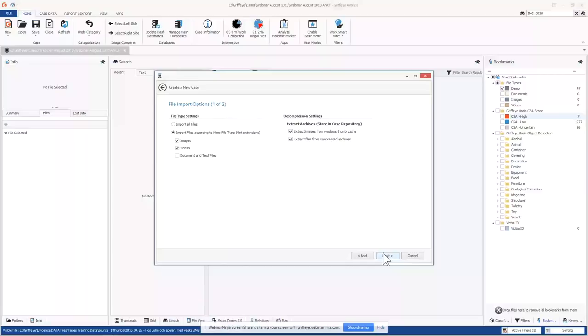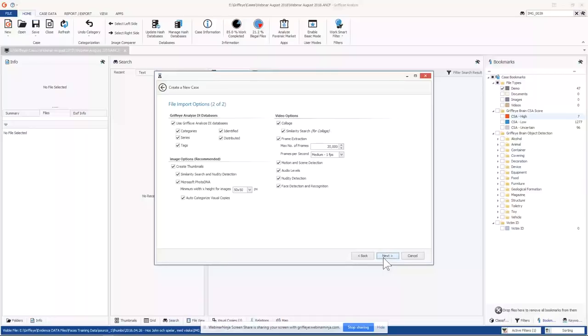And basically, when you import your images, it's going to say, hey, what do you want to do? What are your settings? Most of the defaults are pretty good. They've been selected and vetted by people who have done investigations, and the developers are fantastic about it: if there's something that works for most people, they'll work it into the software for you. So also on your imports, it does a lot of work for you. In order for face detection to work in video, just note that you have to have it checked here in the video options. I'm going to click next.